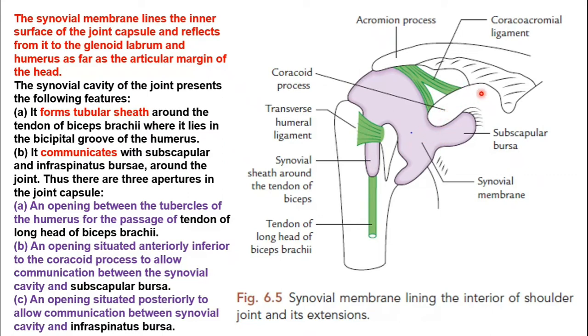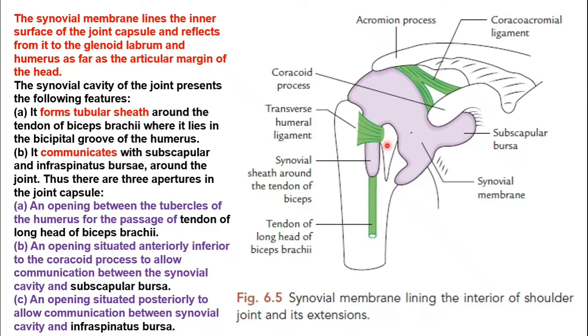This is the coracoid process. So when the synovial membrane slips and lies between, the subscapular bursa is also known as the subscapular bursa. Scapula, this is the part of the scapula. उसके नीचे है तो subscapular bursa. Okay, this is called the synovial membrane portion which slips between the two parts of the humerus. This is the greater tubercle and this is the lesser tubercle.